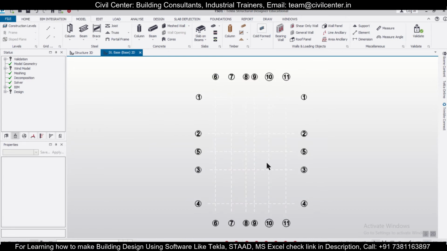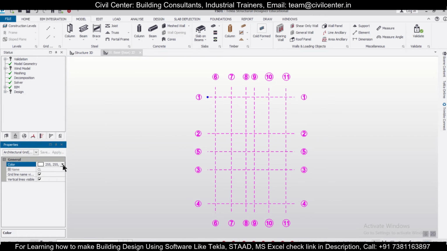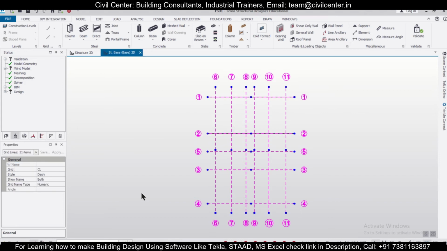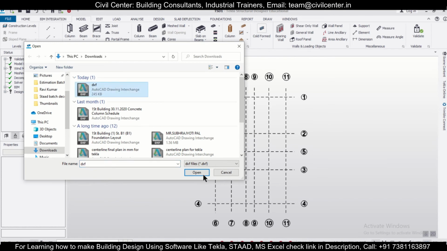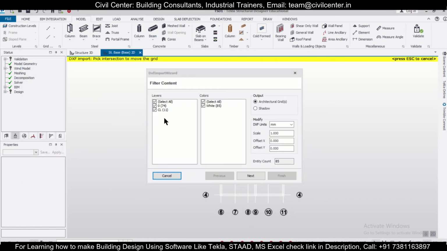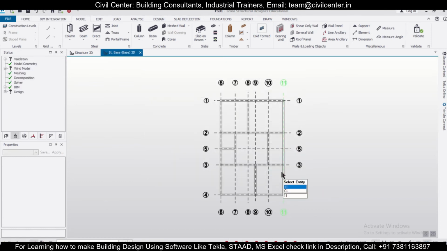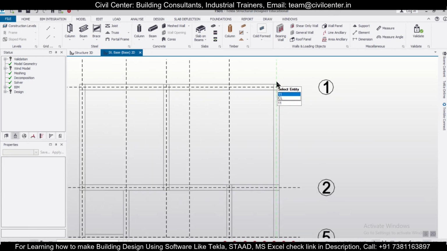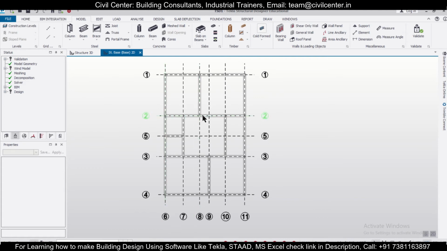And as you can see, this color is white. It's showing white here, so select it here and just give the color of this as any other color, like black. So this is the color which we have chosen, and after that we can just do this import dxf, and you can check this dxf file once again, and then we do the center line. We're going to go to shadow, and then finish. So as you can see, the center line is very well placed here. So this is the thing which we can do.